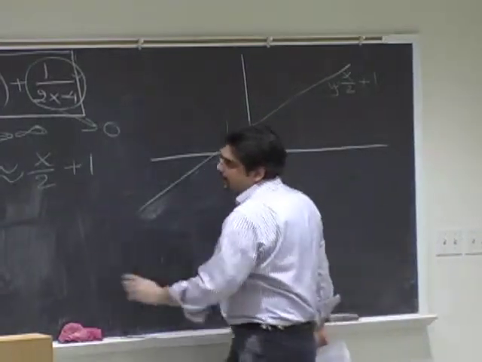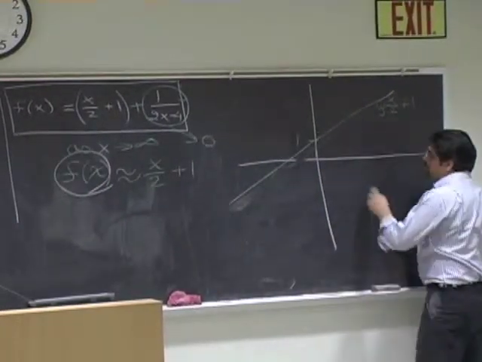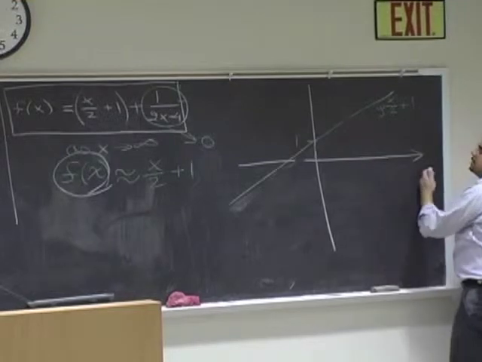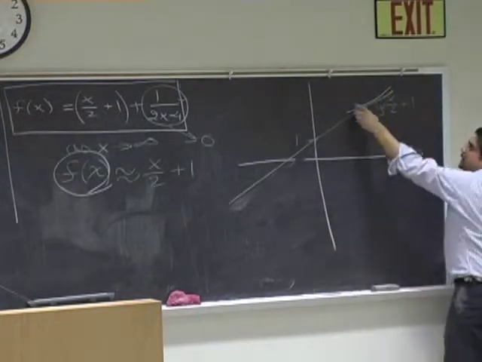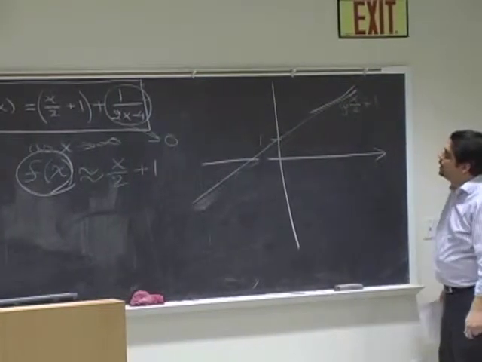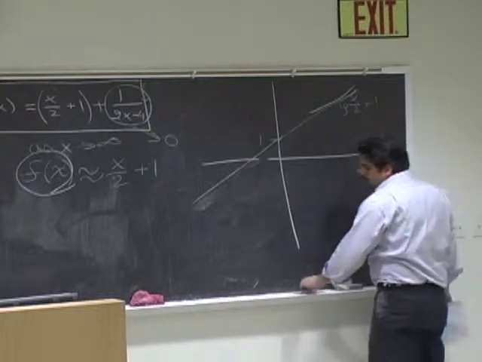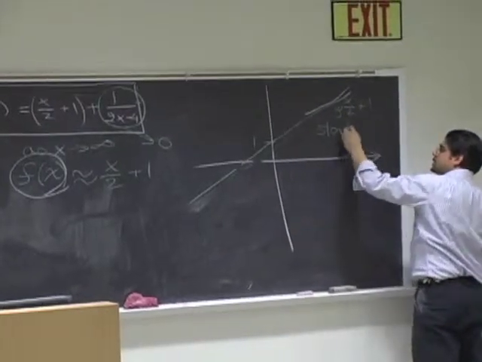And we're saying that the function value looks like this line when x is really large. So on the far right-hand side of the graph, we expect the graph to look more and more like a green line. This green line is called the slant asymptote,